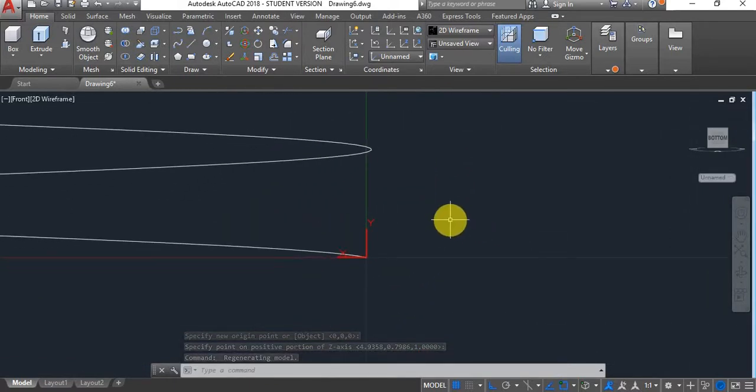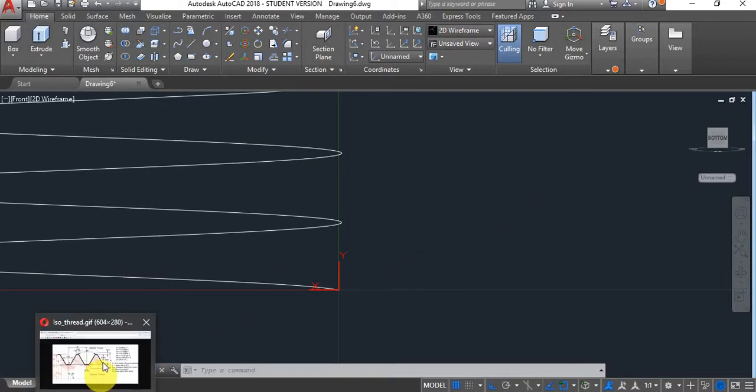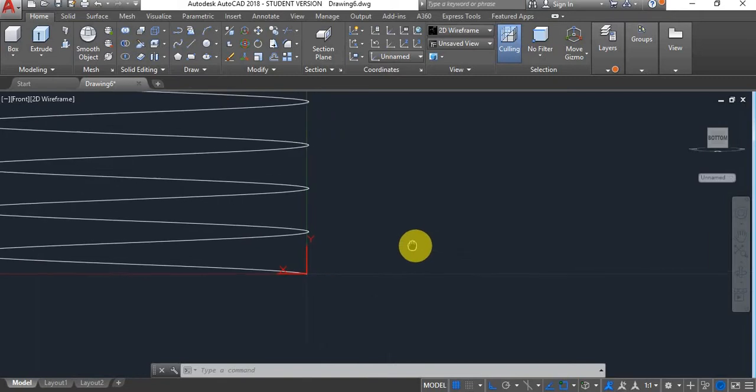So I'm going to start by drawing the metric thread profile that I'm going to cut. I've got this chart with all of this information. So I know that the distance from this vertex to this vertex will be pitch minus pitch over 8. So in my case that will be,